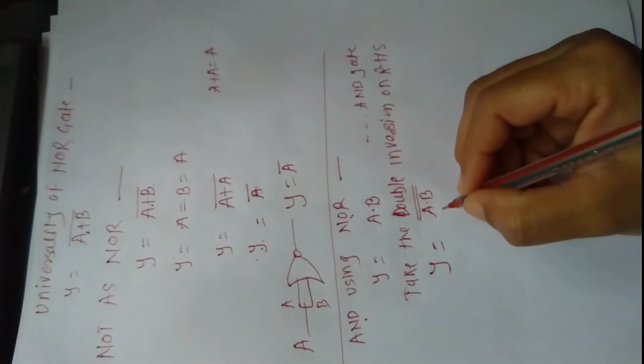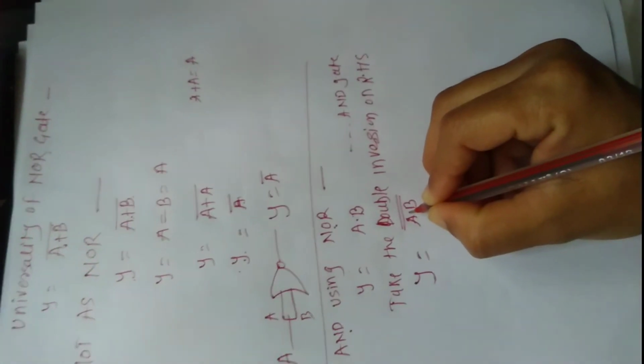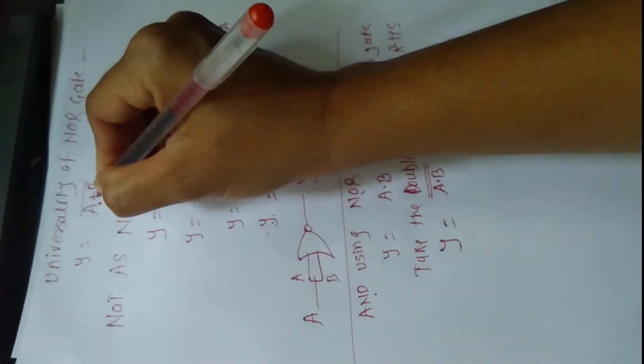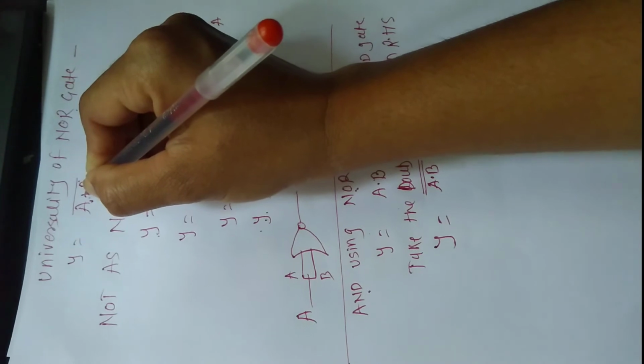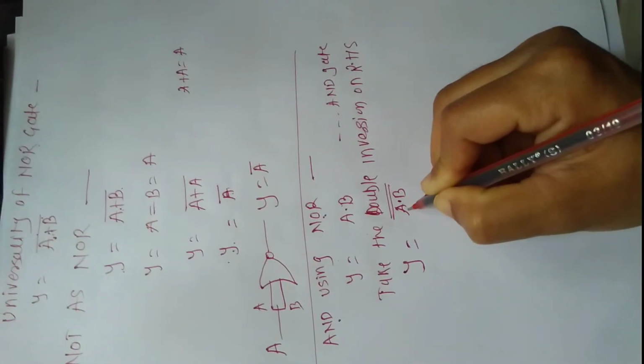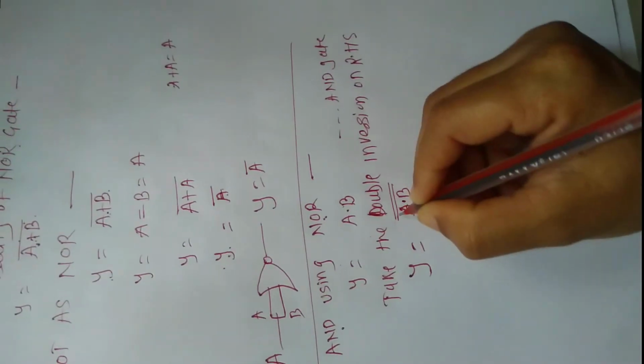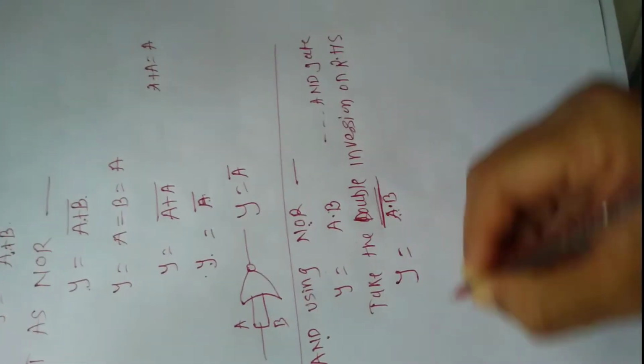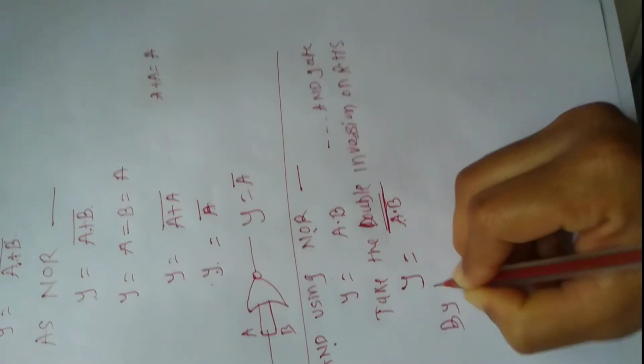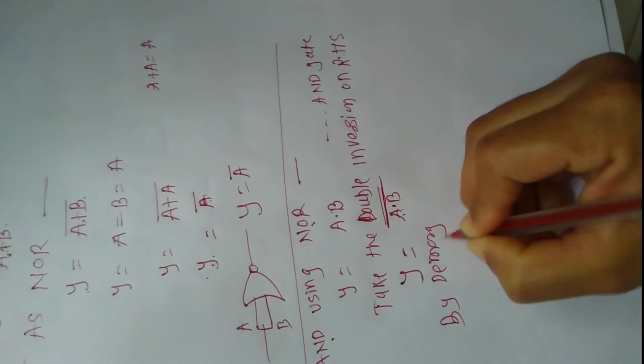A into b double bar. This is the product term, but that is a NOR gate expression, y is equal to a plus b bar. So this expression is converted into the universality of NOR gate. So first, on this single bar, we apply De Morgan's theorem. By De Morgan's theorem,